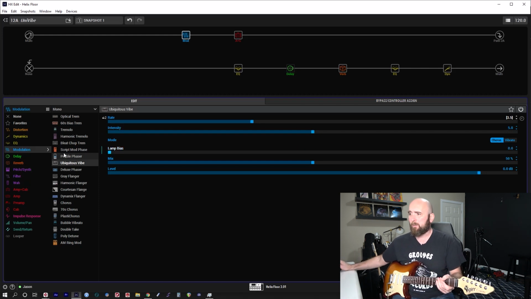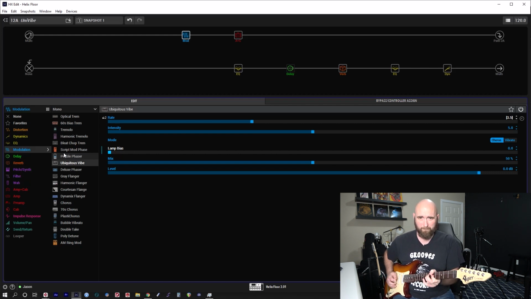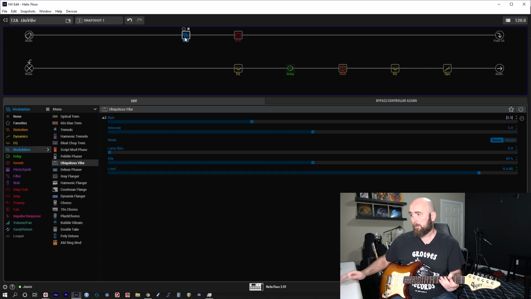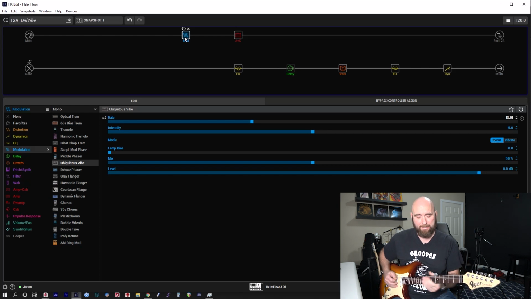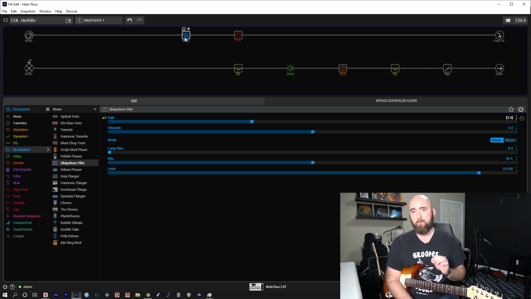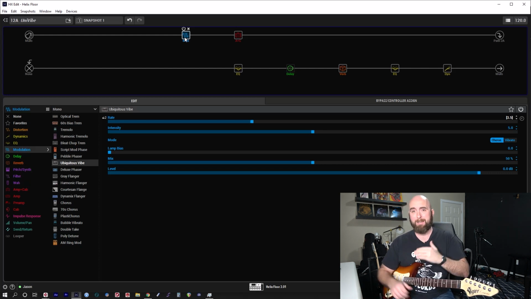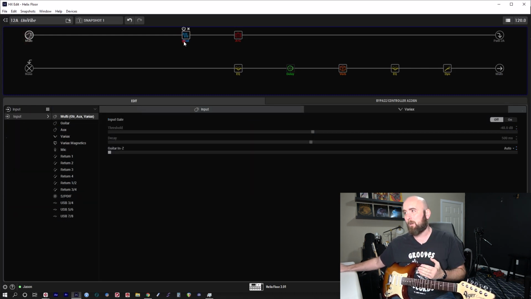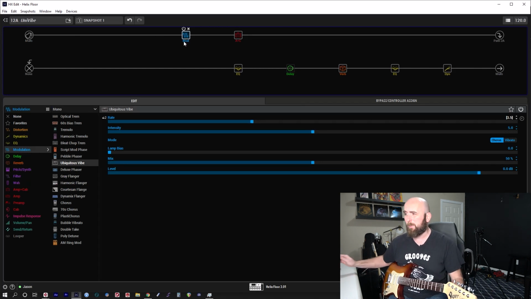If I take that lamp bias and turn it all the way down, you might think it's not doing anything to the sound, but if I shut that block off, it still is acting on the original tone. One thing to keep in mind, I have my auto impedance setting set so that the first block is dictating the impedance. I'm not sure exactly what the impedance should be set to for this, so that's why I'm just keeping mine at auto right now. So we can hear the tone difference with the lamp bias down, but we also notice that